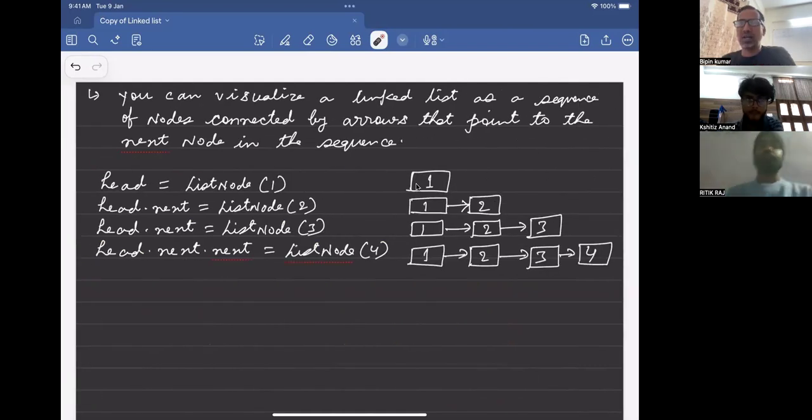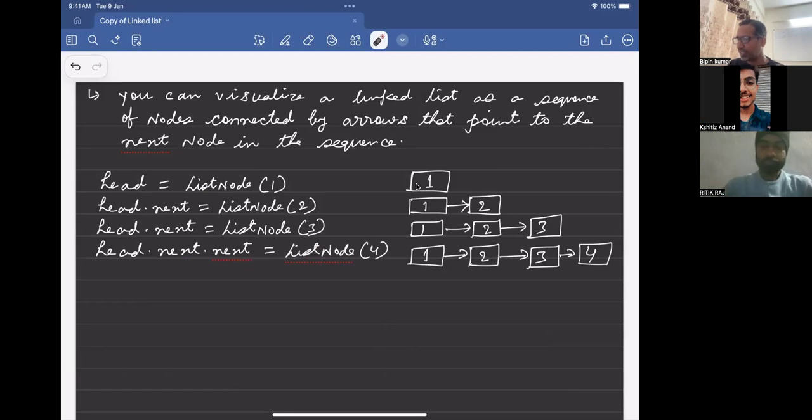Okay, now how will you visualize the linked list? You can visualize a linked list as a sequence of nodes. I am repeating again so that you can understand and it will be injected in your head. You can visualize a linked list as a sequence of nodes connected by arrows that point to the next node in the sequence. For example,